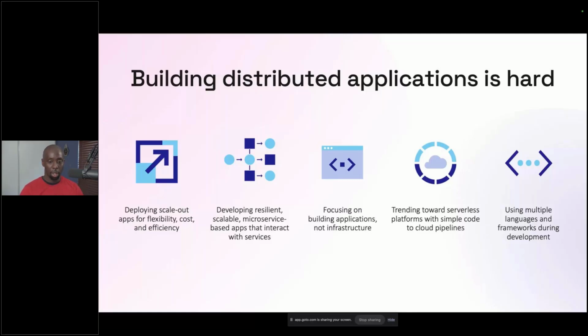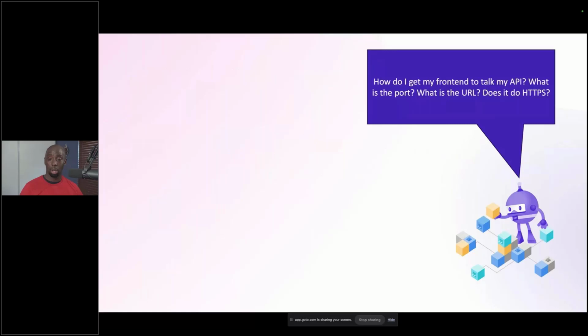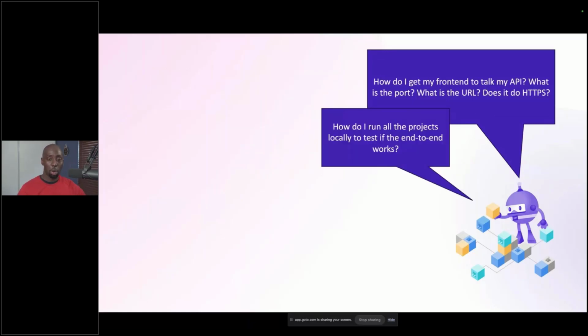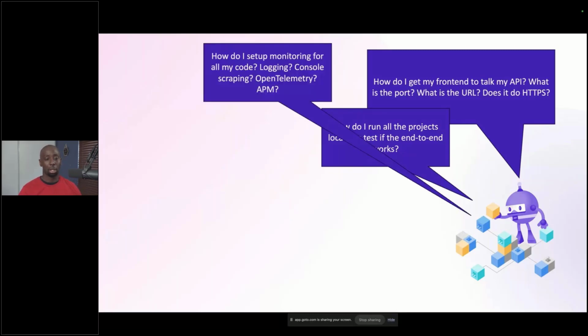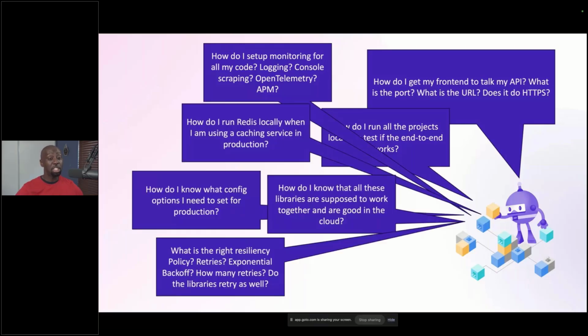How do we deal with changing infrastructures? How do we deal with trying to find the right pieces of the components to put together to make the types of applications that we're trying to build? As someone that's spending time trying to put those puzzle pieces together, there are so many different questions you probably want to ask yourself. How do I get the URL set up and running? How do I do local testing? How do I set up monitoring, and how do I get those different components running? All of these different things that you ask yourself, right? And this is before you even start building your application, right? We're still just trying to put the puzzle pieces together.